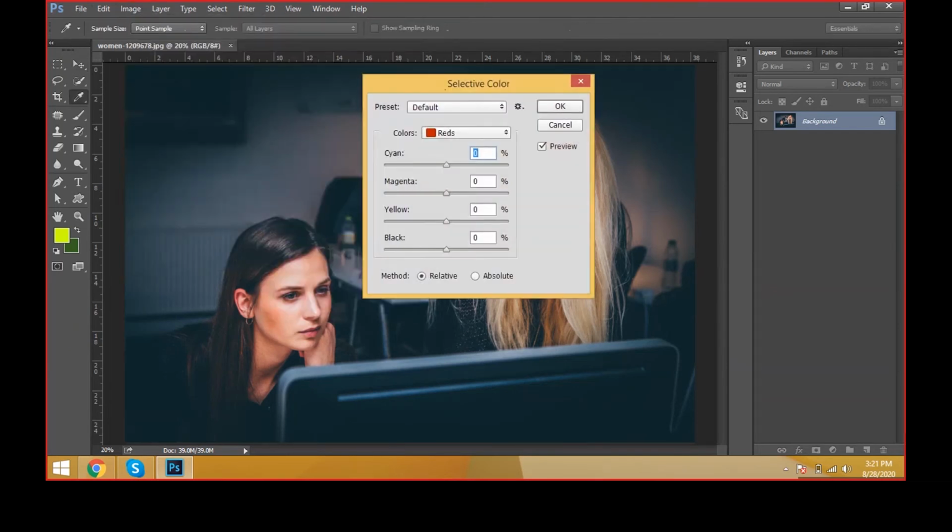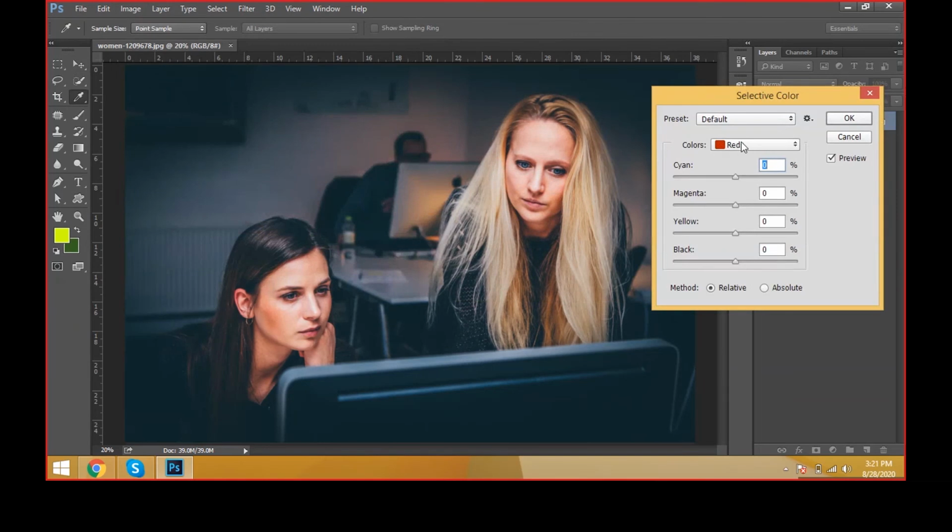Selective color is nothing but we can adjust the color. We can adjust the color for a particular requirement. I would like to decrease the red tone colors in the image document. You can take reds and increase and decrease the cyan mode. You can check it here and decrease the cyan and increase the magenta modes and give some yellowish tones on the image. And black is nothing but some blackness we can see here in the edges.